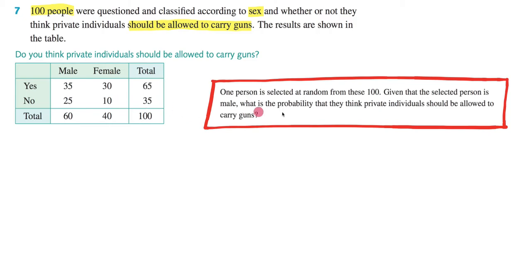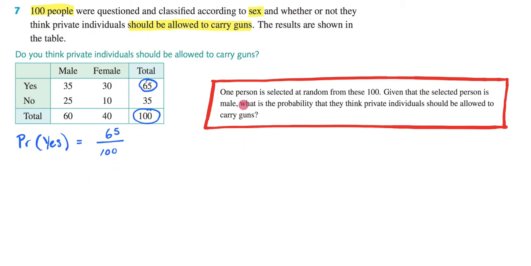So before we jump into the question itself, let's ask ourselves: if we had these 100 people lined up before us, what's the probability of us randomly selecting someone who is going to say yes to our question? Well, we know it's going to be out of 100 people because that's how many people are standing before us. And we know that the total amount of people who said yes was 65. So it's going to be 65 out of 100 if we were to randomly select one of these people and the probability of them saying yes.